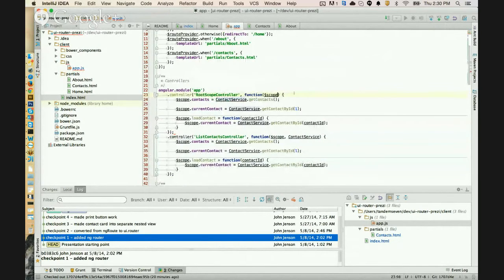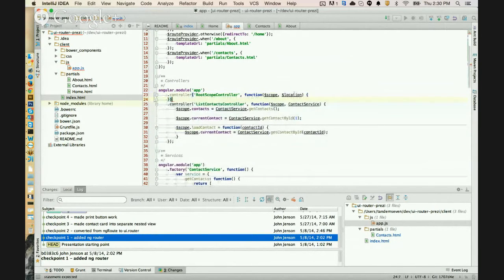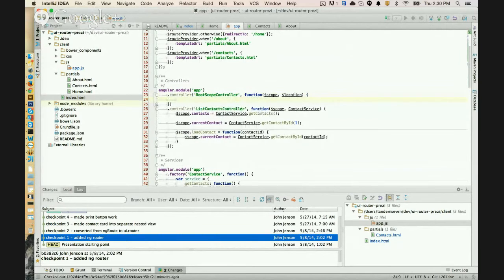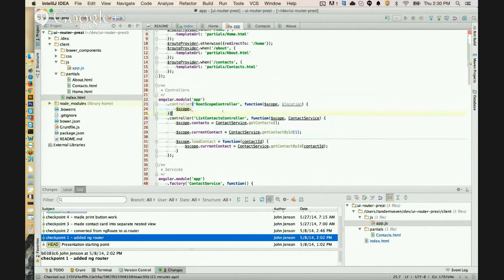And it's simply going to take the location provider, and it's going to put it on the root scope for me. So in this case, because that's going to be root to all the other scopes, and all those scopes are going to inherit from this root scope, I can simply put it right on there. Oops, I got an extra fat finger in there. Okay. So now that I have the location on there,